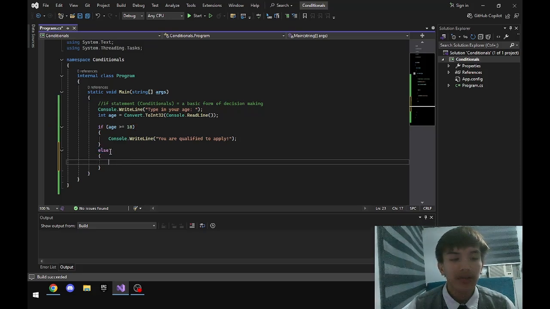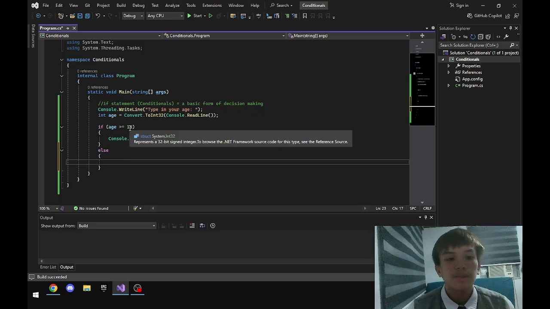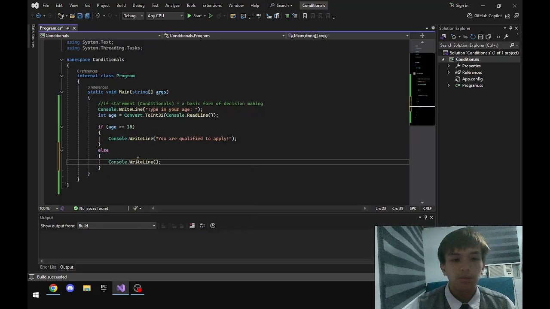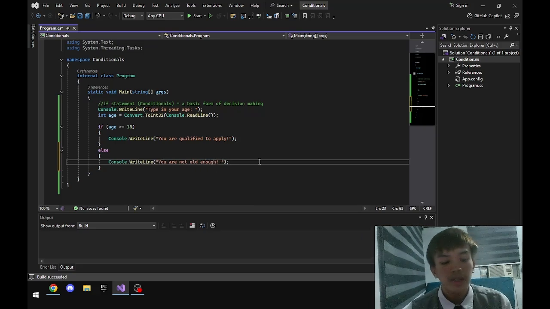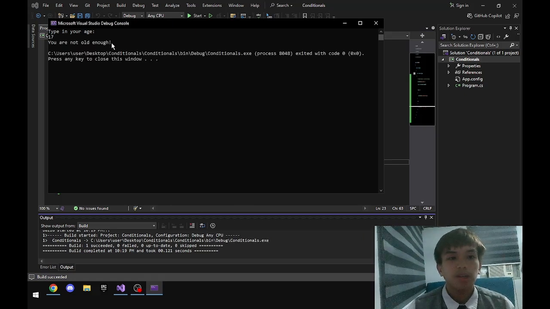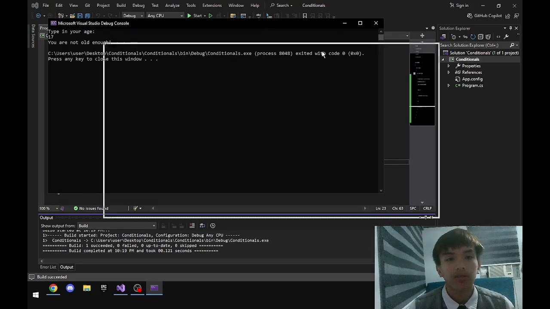And what we want to write in this else statement is what happens if they are not qualified to apply, or they typed an age lower than 18. So once we run this and we type in 17, the program will tell us that we are not old enough.